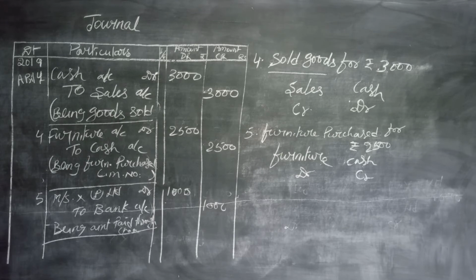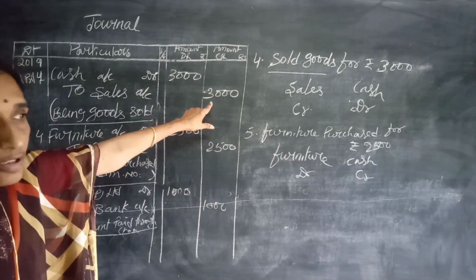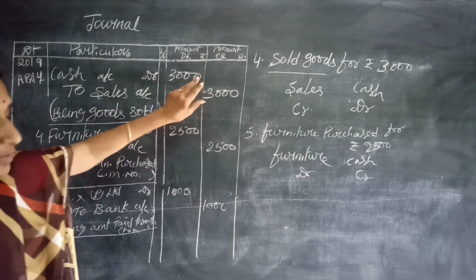Say again, let us see. First of all, here what the rules of debit and credit are to be followed. So say then we start business, cash increases, identify the transactions first, and then identify which account is to be debited and which account is to be credited. Then after, start writing the date column, date of the transaction, in particulars column which account is being debited and which account is being credited. On the amount column, same amount is written in both the columns, 3,000 and 3,000.